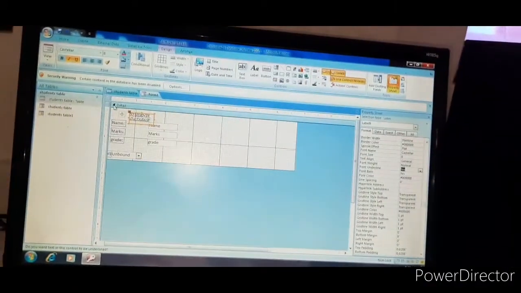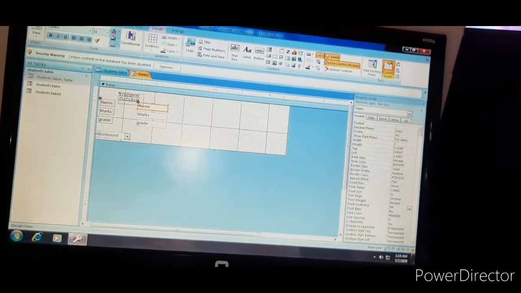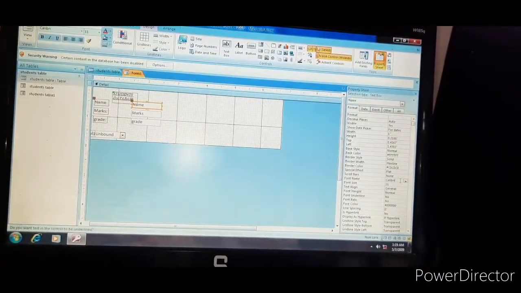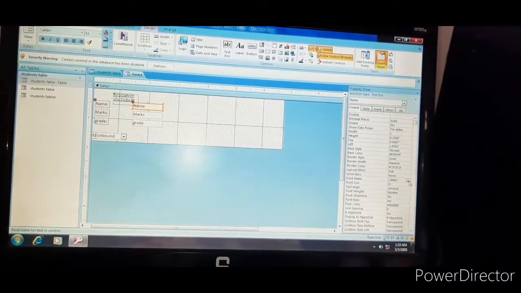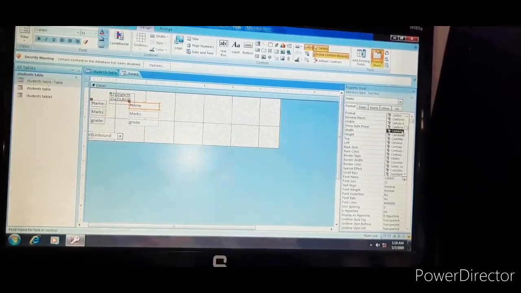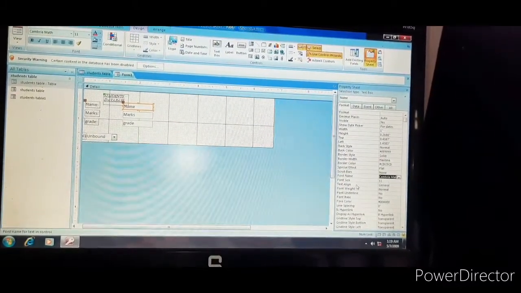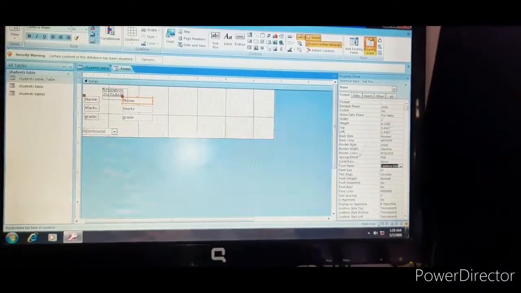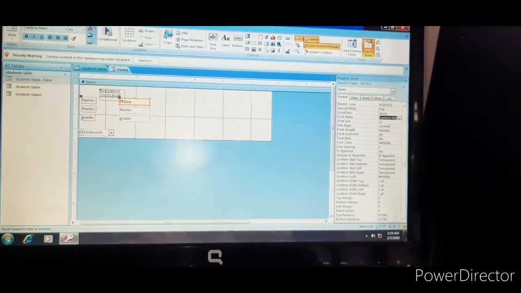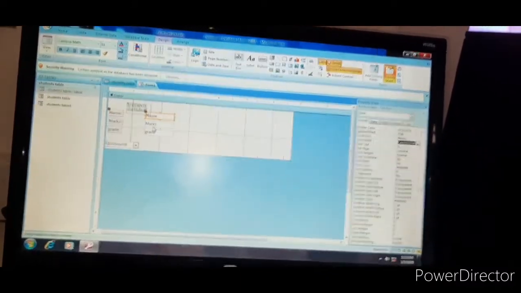Like this you can design your form, children. Not only the title. If you want to change this, just select that one. Then you can change the font name. Just click on the font name, the drop down arrow will come. Then click on the drop down arrow. Whatever font name, font size and colors you want, just select them. Background color, border color. Like this, so many options are there. You can select them, children. Okay, you can format your form.